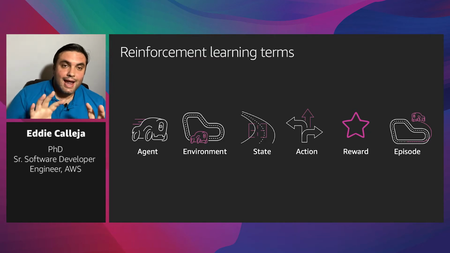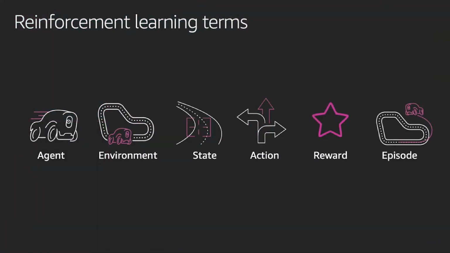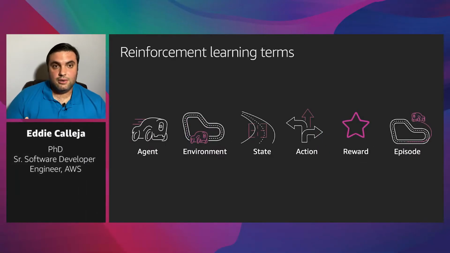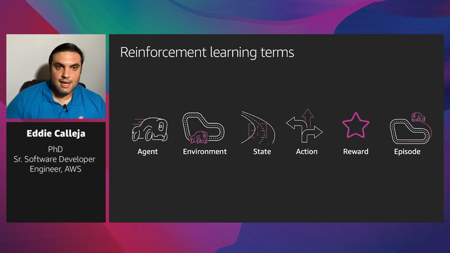And that action is determined by how we craft our reward. So in general, we want to construct a reward for the agent for behaviors that get it to our ultimate goal. And what is our ultimate goal? Well, our ultimate goal is to go around the track, and then to go around the track as fast as possible. So we need to think of ways to incentivize that behavior.